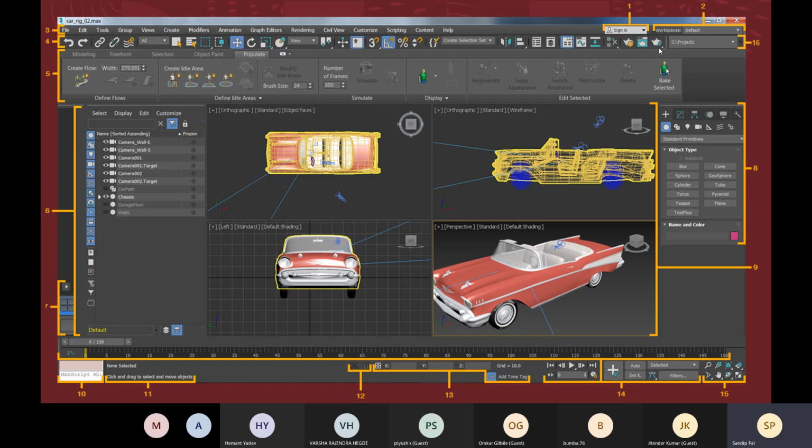And here we have this project toolbar. In the project, we will not only create or import any 3D model, we will also use some images and materials for the total scene, right? All these files we need to have in our project. For that, we will create a project folder. 3ds Max gives you the option to create a project folder.